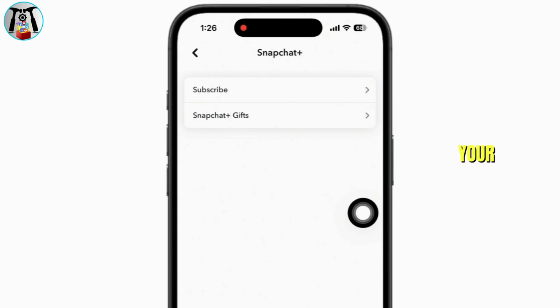Keep in mind that cancelling your subscription does not immediately remove your Snapchat Plus benefits. You'll continue to enjoy all the premium features until the end of your current billing cycle. After that, your subscription will expire and will not renew automatically. That's it. By following these steps, you can successfully cancel your Snapchat Plus